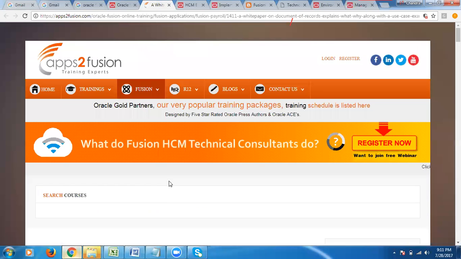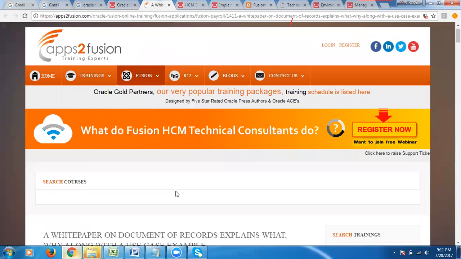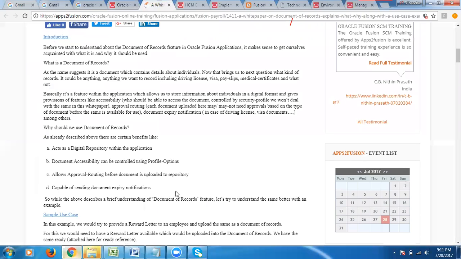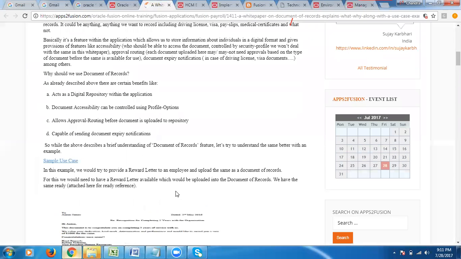And then document of records. What is meant by document of records, or why should we use document of records? It acts as a digital repository within the application, so it's document accessibility. You can just go through this. Generally, it's not discussed in our syllabus, but that is what we are facing.